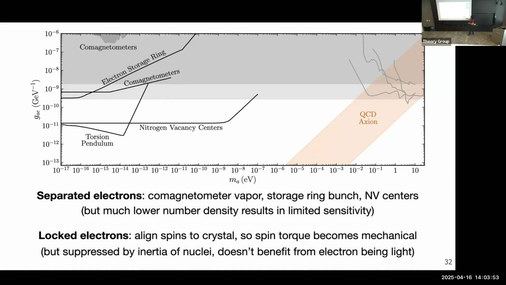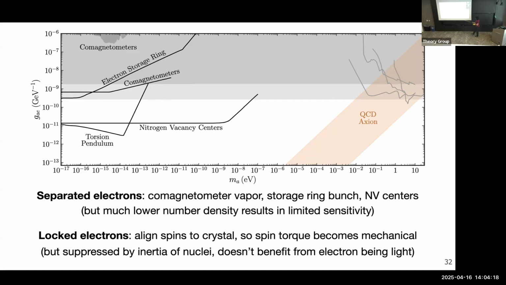Now, in all these cases, the separation between the electrons is much larger than the atomic distance scale, and that's why you can have pretty good resonant enhancements. But the problem is that at the same time, this dramatically lowers the number of electrons that contribute to the signal. And so once you cash in that penalty factor, even with the relatively optimistic numbers that you can take sometimes, it is still very hard to go beyond the astrophysical value. You can improve by a little bit, but not that much.